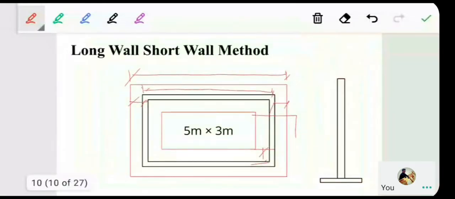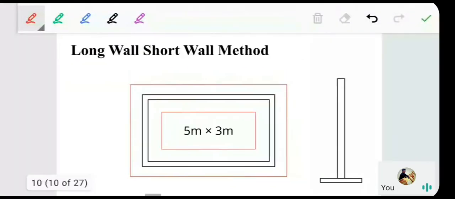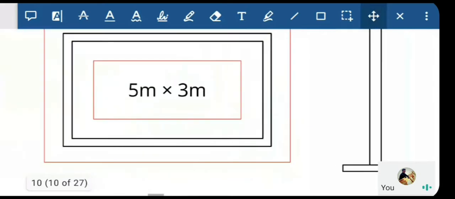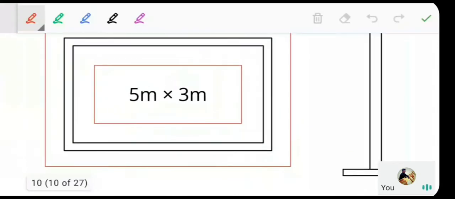In this case only one PCC step is there, but in case of the UCR masonry there might be multiple stages, multiple steps here. So while calculating the quantity or length of the long wall, for each step you have to calculate the